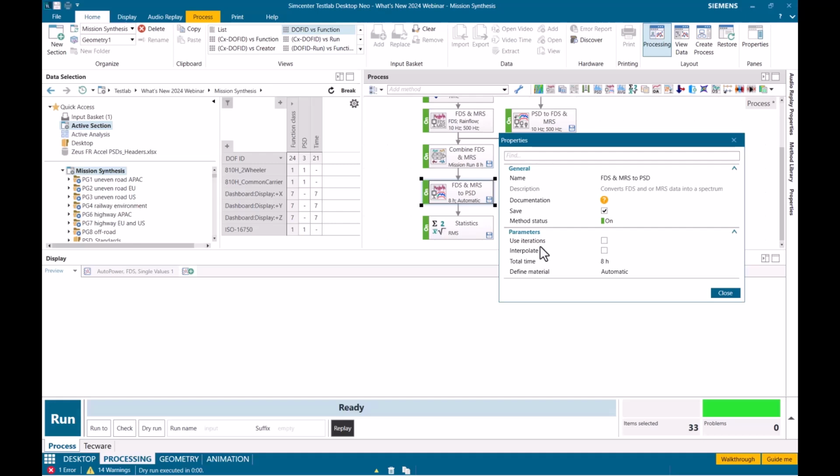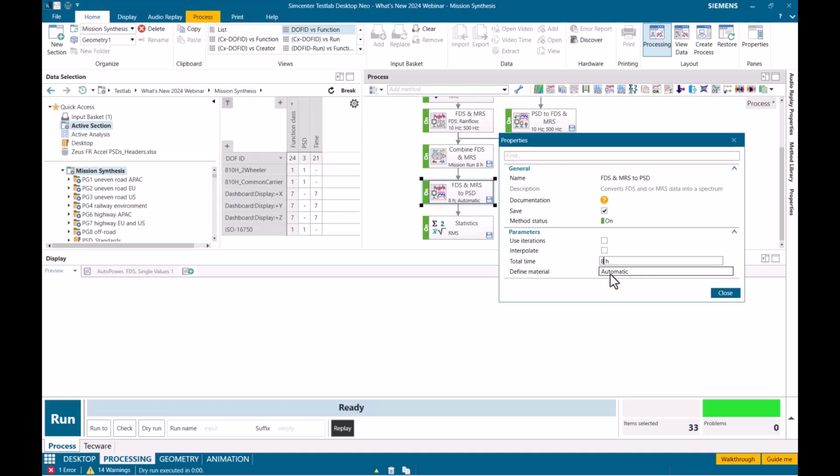If you have more questions on that, we can maybe take that discussion offline. But what I do need to do is I need to choose a total test time for this synthesized PSD. So in my case, I'm going to say I'm deriving an 8-hour test, and I'm doing so for the X, the Y, and the Z axes for this component that I'm testing.